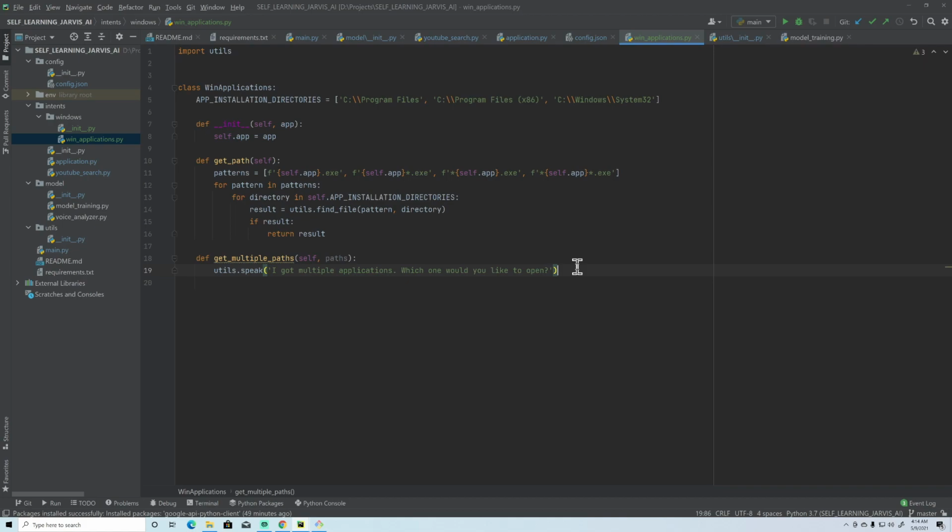That's it. And after that, it will read all the paths and tell us that these are the paths which Jarvis has got, right?